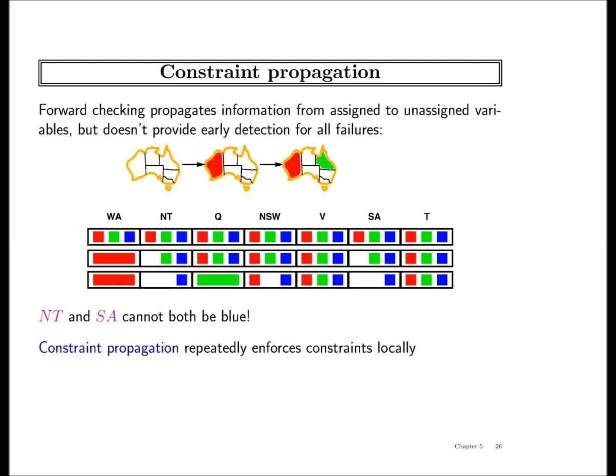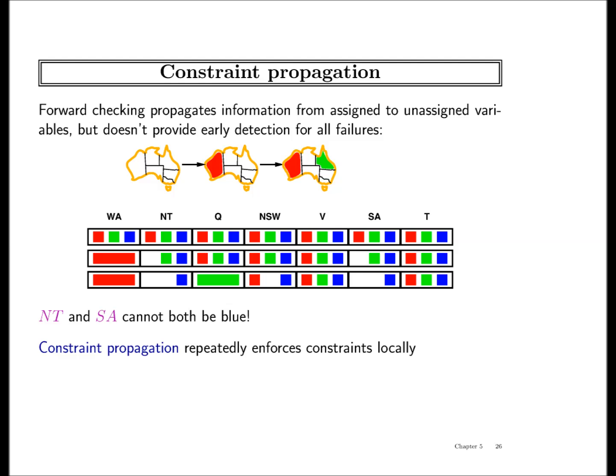Now, I come back to the same problem that I asked. So this is an infeasible assignment because we know that South Australia cannot have any remaining values, but forward checking is not able to figure that out. Sorry, not just South Australia. NT and South Australia both have blue in there, and they both cannot have blue. So you and I can figure out that this is not feasible, but our machine is still not able to figure it out because it is only doing forward checking.